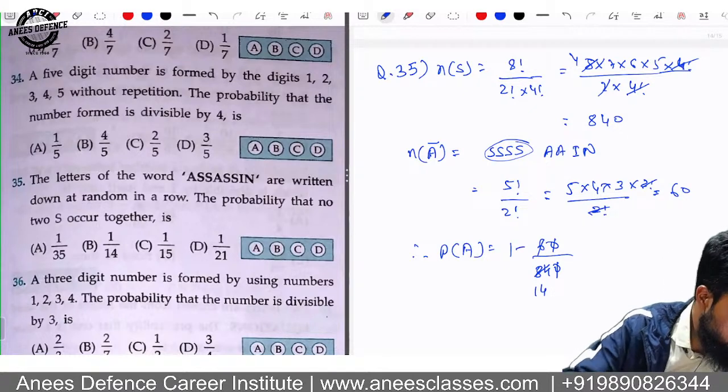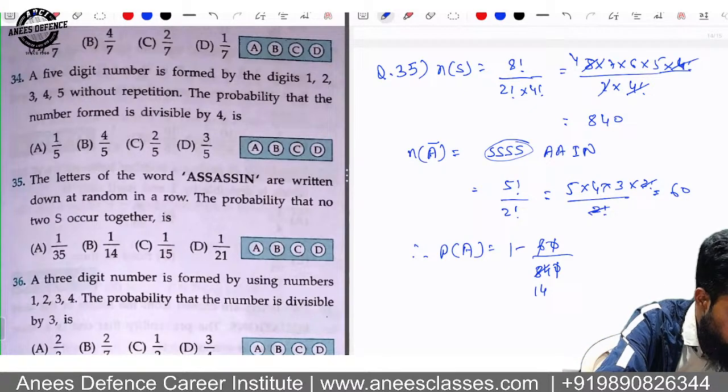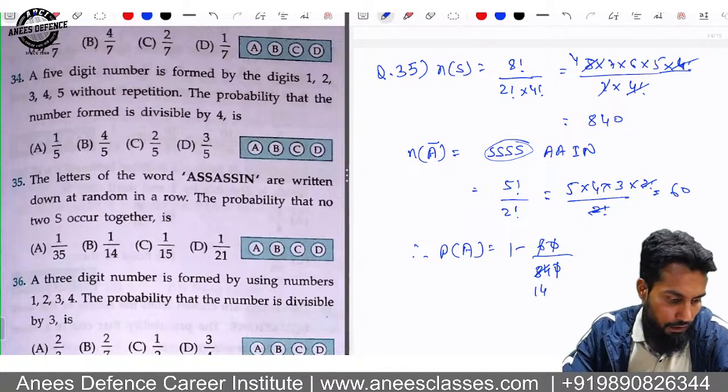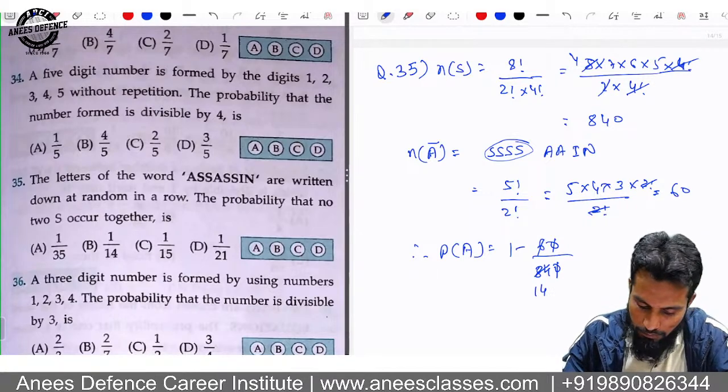I think they should have written 4S together in the question. I think by mistake they did not write that S come together. Then if you do 1 minus 1 upon 14, it will be 13 by 14. So according to the question, we have to subtract only. But